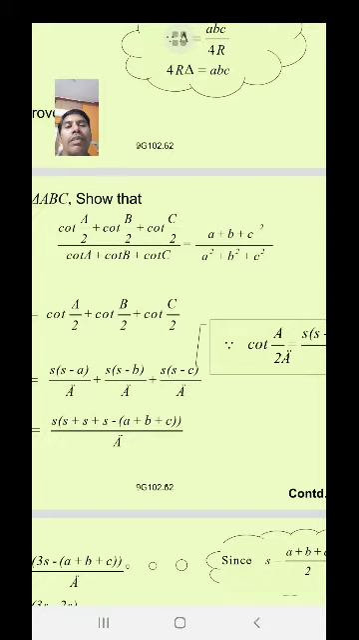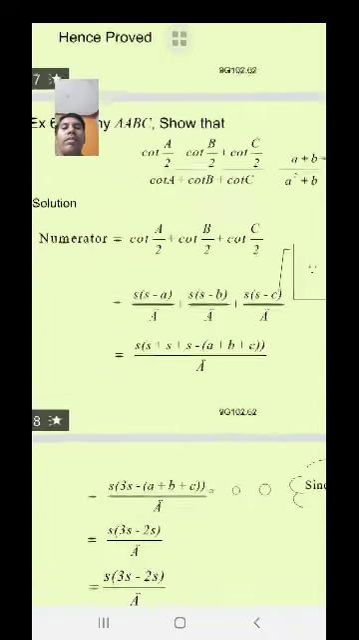(A + B + C)² by A² + B² + C². I think it is bracket as said here, by A square plus B square plus C square. So